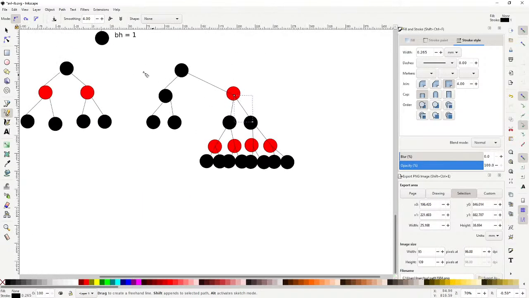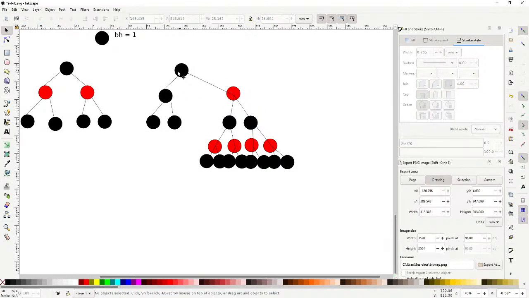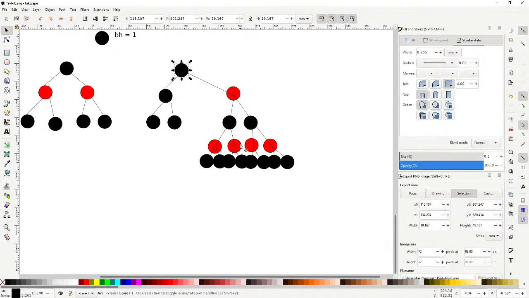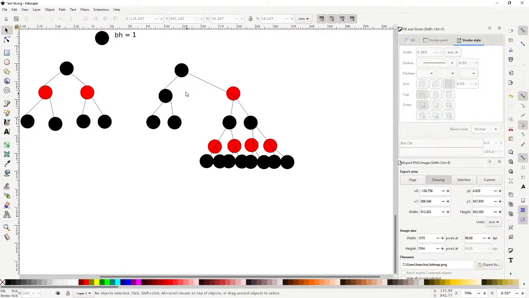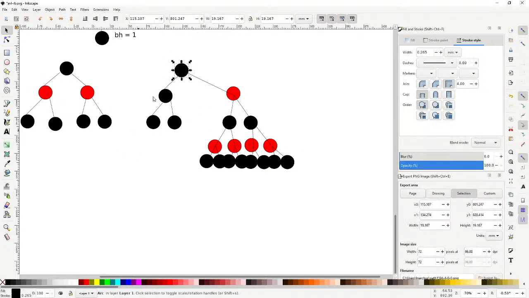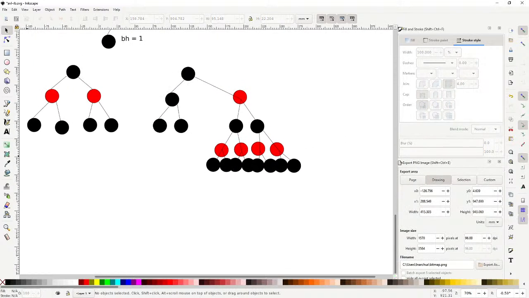And then the most important rule is the black height rule, which says that the black height has to be the same. So you look at the black height of all the different nodes technically, but really let's just look at the root. You notice here that the black height is 1, 2, 1, 2, 1, or I'm sorry, I guess technically you say the black height is 3, so this is like 1, 2, 3, 1, 2, 3. Here it's 1, 1, right, because the red node doesn't count. So 1, 1, 2, 2, 3, right? So all of the red nodes, they don't count for black height. Therefore, they are,